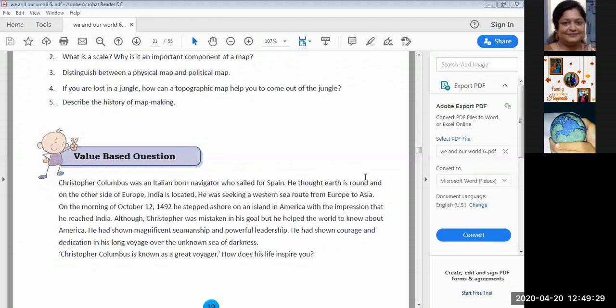Yes, Mridul. He was eager and did not lose his hope. Very good. Yes, very important, by his determination, courage, and faith. Very good. See, you all have very good answers. Strong and determined willed man. Very good. Excellent. Hardworking man. Very good. Magnificent and powerful leadership. Yes, very good. See, you all are having very good points. Sharp-minded person. Yes. And taking the challenge which no one has taken before him. Okay. Courageous willpower. Very good.